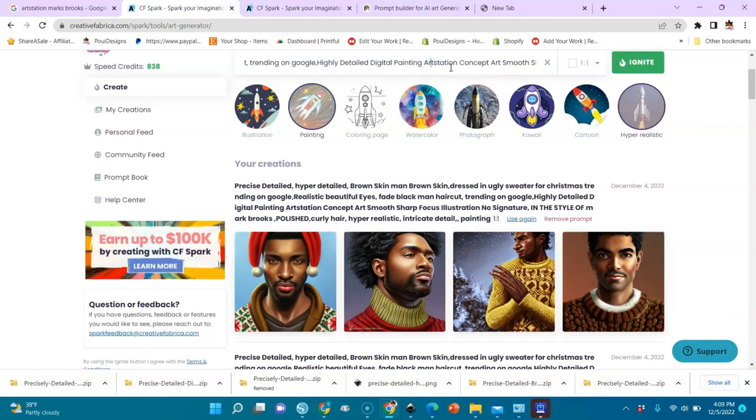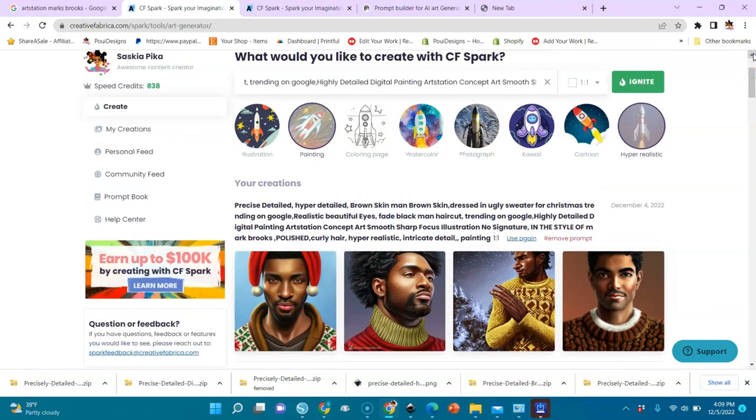That's all. When I run it, when I ignite it, listen to me. When I ignite it, I still may get images with the ugly sweater because the ugly sweater was in the system. I may get one, I may not get any, or I may still get all four with the ugly sweater. But when you have that, you need to continue to ignite, like use it 4 to 5 times, and then you will get exactly what you want.